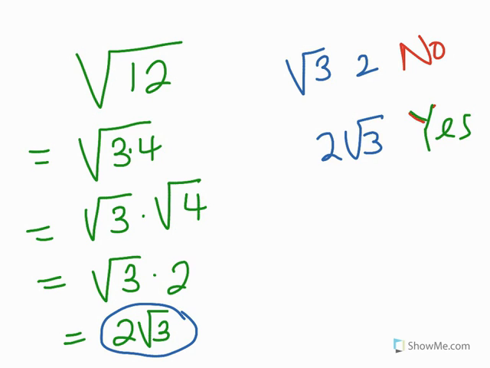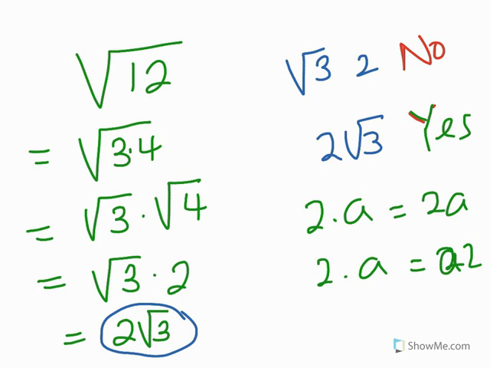So, when we have a radical and an integer, we write the integer number first. It's just like 2 times a will give you 2a. You don't want to say 2 times a and write a2. No, we want to say 2a. So we want to put the integer first before the radical. Okay? Now let's do another